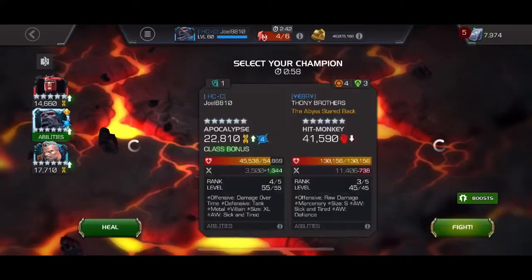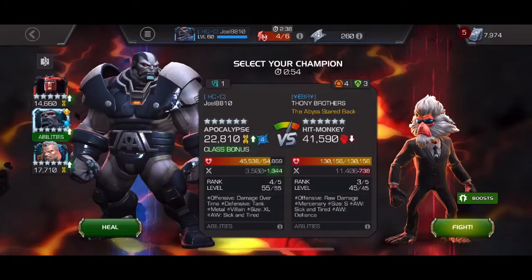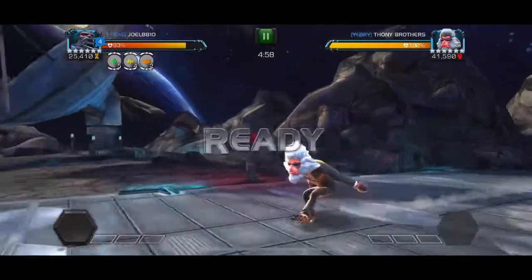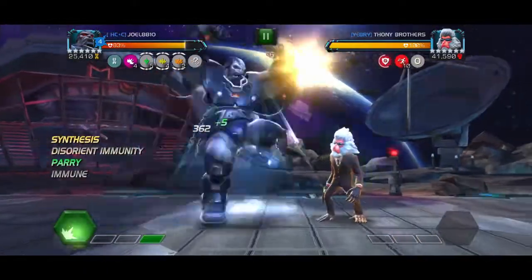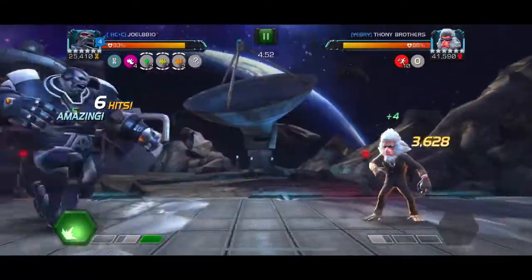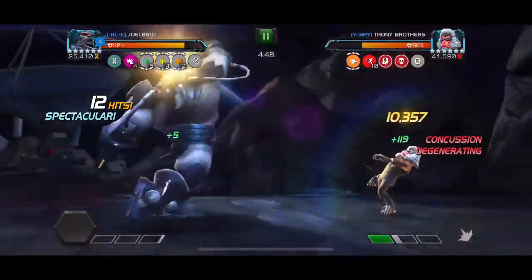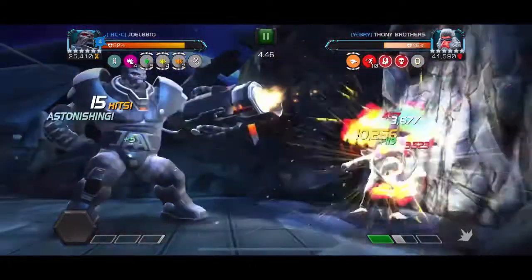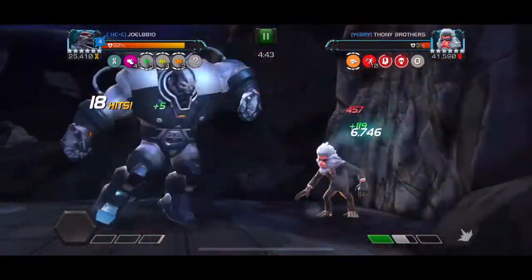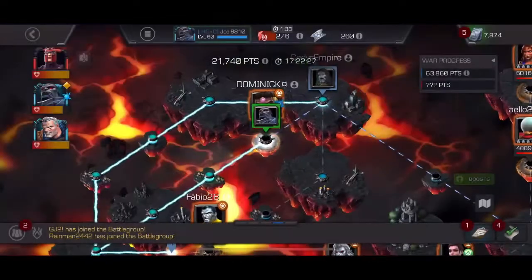We continue on path 2. I can't remember how long this fight took. Hard Knot Life and Strike Counter against Hitmonkey, but I had a Power Start 1 boost. And let's see how fast this one goes. My goal here is to get to a special 2. And that is it. A whole, I think, less than 20 seconds on that